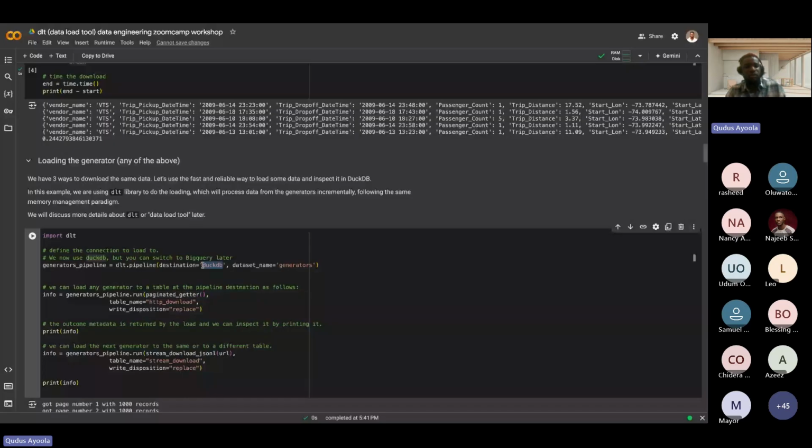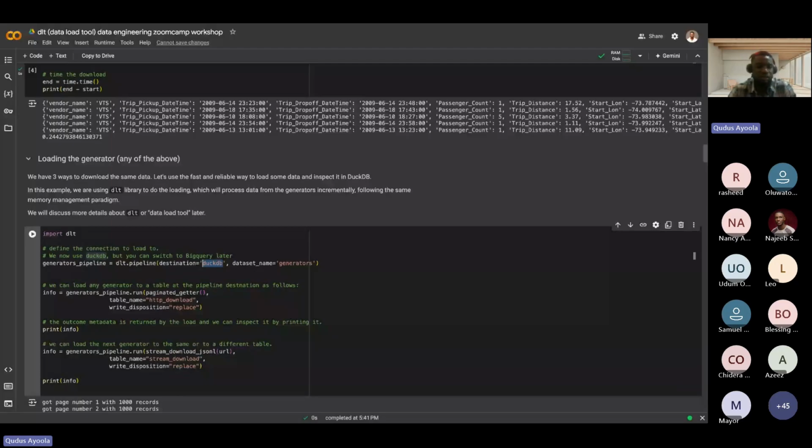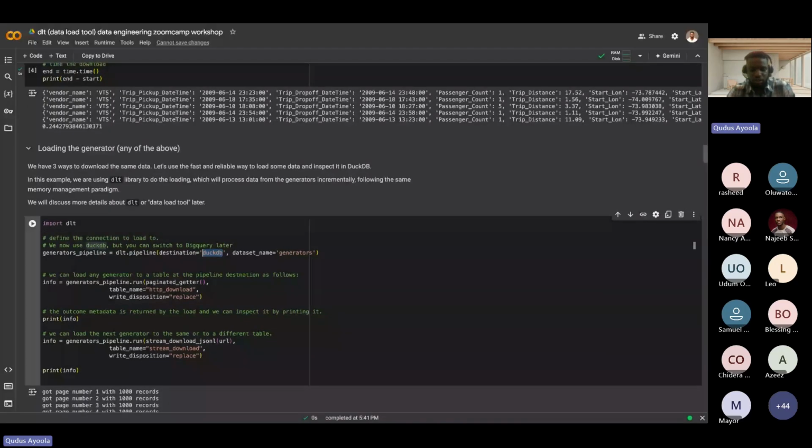So DuckDB basically is an in-memory database. Consider it as a database that you can use for development of your pipeline or your ETL process and run your SQL statements on it. But underlying that database itself are usually files of your data stored beneath it.